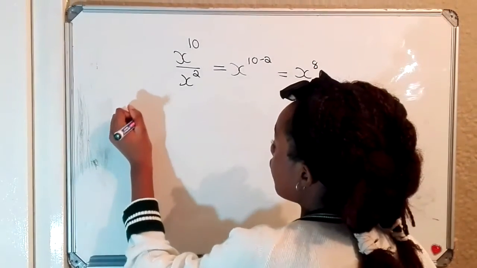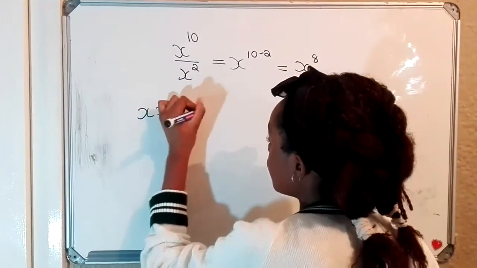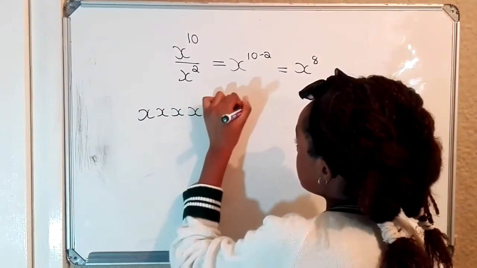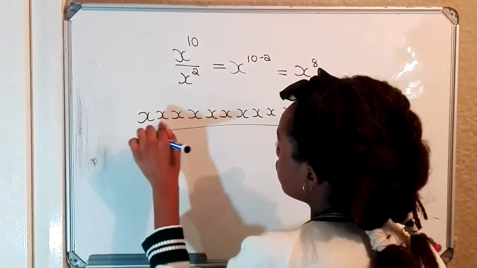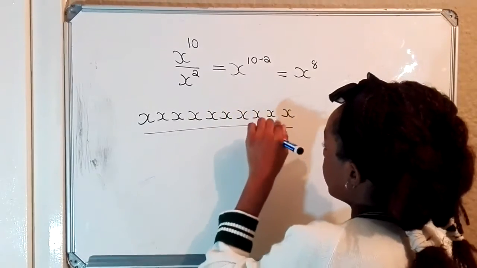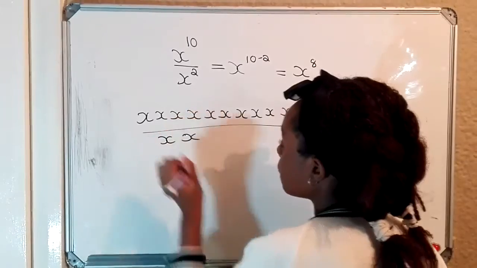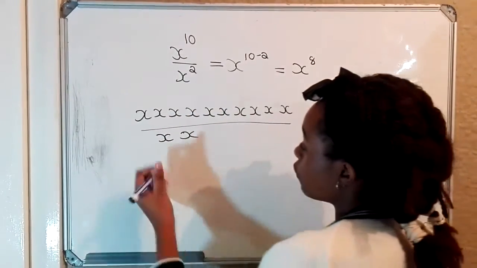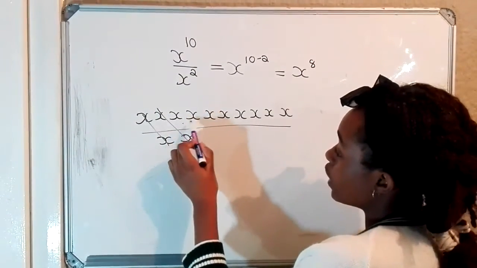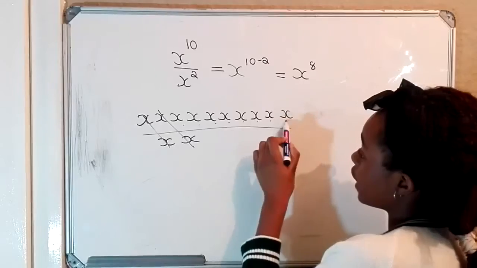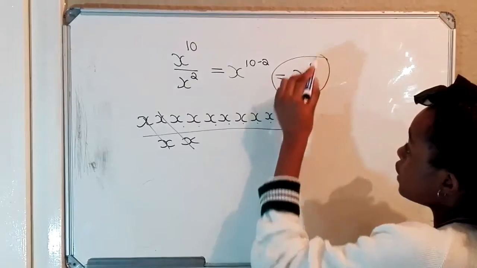Because you have 10 x's on top, so 1, 2, 3, 4, 5, 6, 7, 8, 9, 10. And we have 2 x's on the bottom. So when we take off the 2 x's, we count how many we have left: 1, 2, 3, 4, 5, 6, 7, 8. So that's why we subtract the exponents, and that's why we have x to the power of 8 as